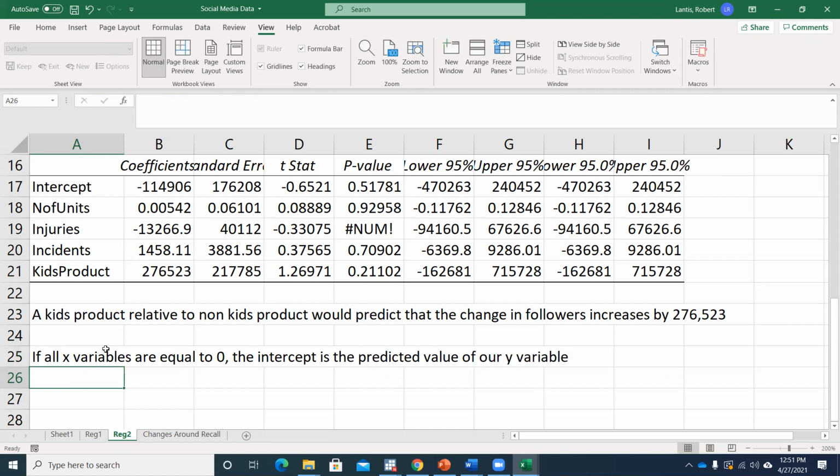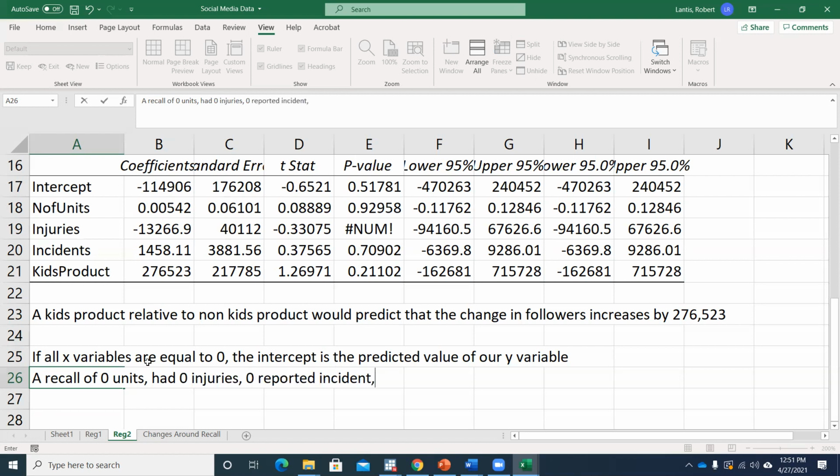That's kind of the general interpretation that we've been working with. So here, the interpretation would be weird, but it would be like a recall of 0 units had 0 injuries, 0 reported incidents, and not a kid's product